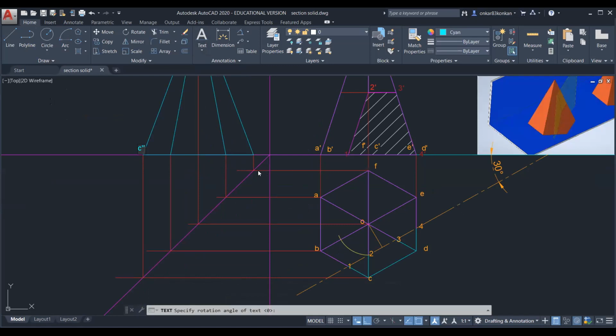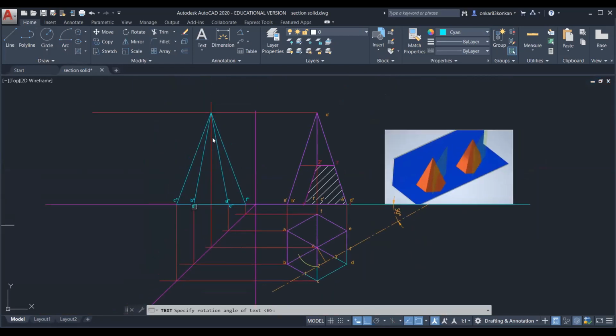This is the projector from point F. So this will be F double dash. This is projector from point A. And this is the same projector from point E. Okay, so we will get 2 points here. So one point will be point A. And second is the point E. Similarly, this is from the point B and D. And this point, this is the apex. So this is O.